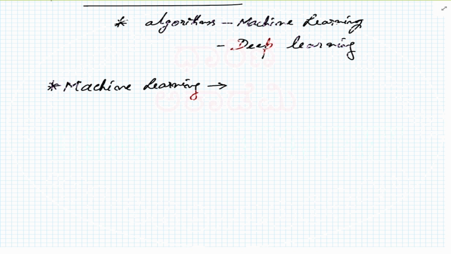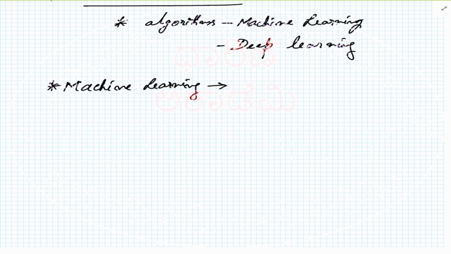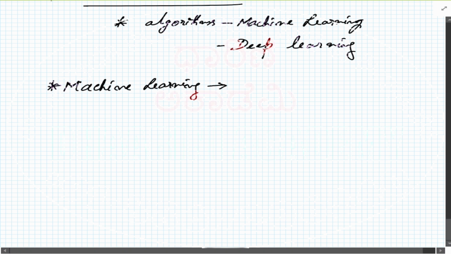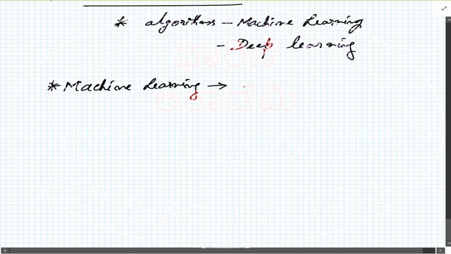Once that is done, you can perform a testing phase, and in the testing phase you give unknown data to the machine and you test. Whichever data is not known to the machine, which you have not used for training purposes, you give such things to the machine, and the machine should be able to classify that as required. So let's list some of the important machine learning algorithms. You already mentioned, I think, linear regression.